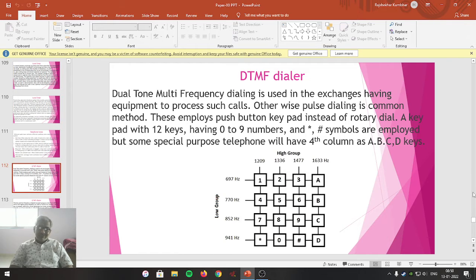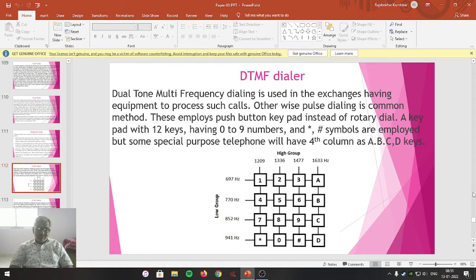So this was the rotary or pulse dialing system which was used prior to the existence of the electronic telephone exchange.